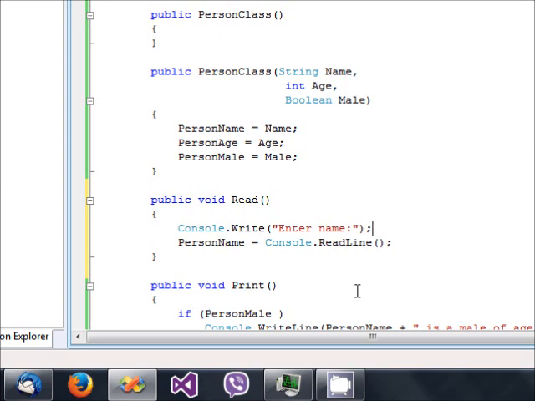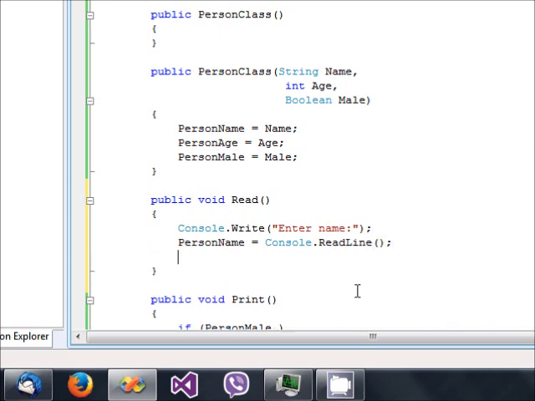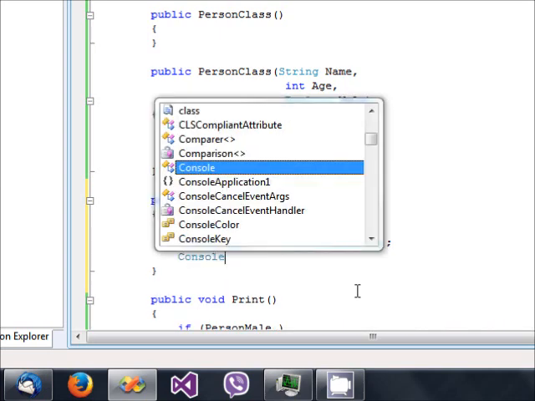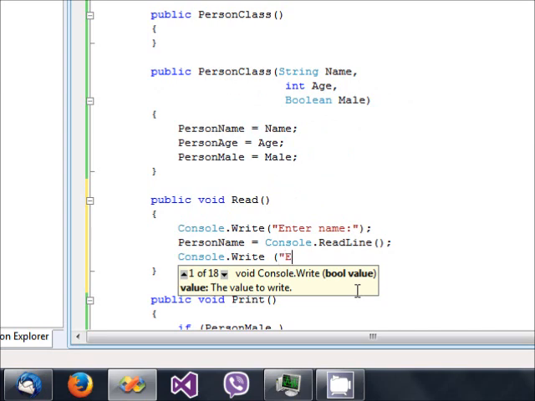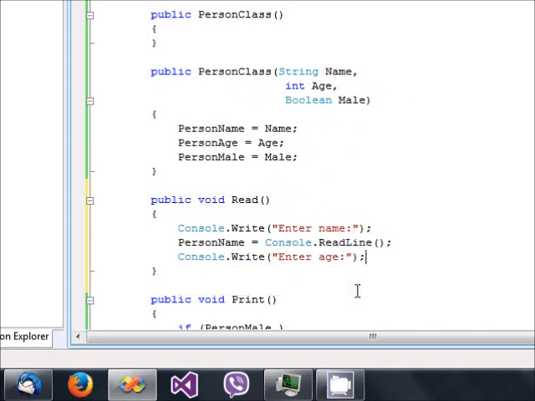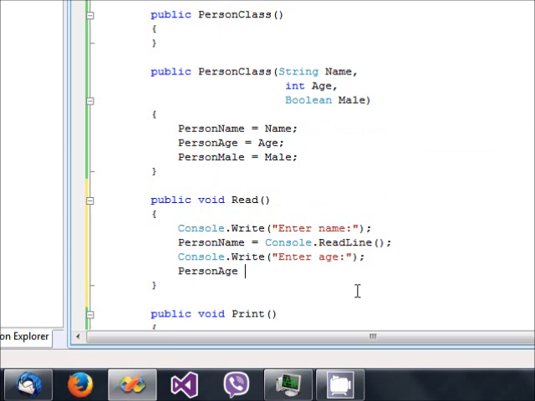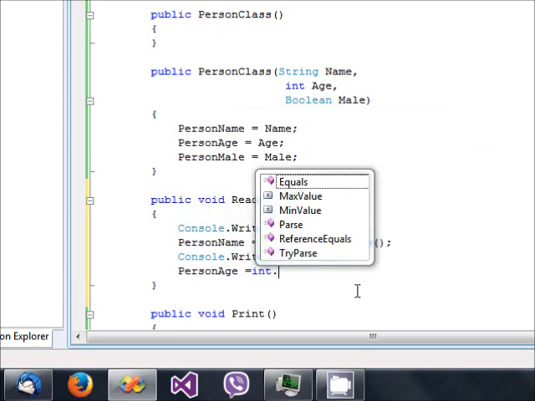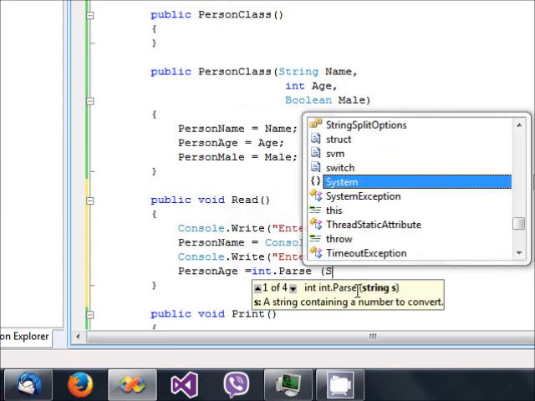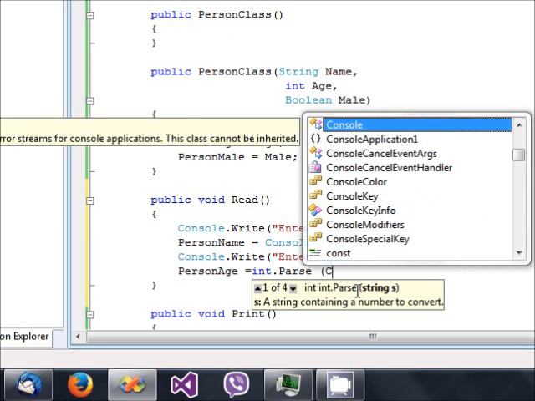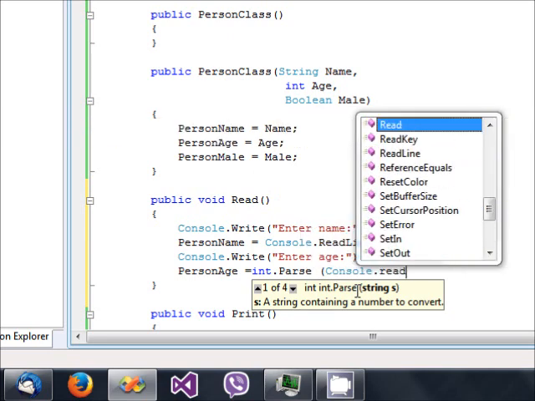Okay. So we read the name. Next, Console.Write("Enter age"); semicolon. And then what are we gonna do? We're gonna say person.age = int.Parse(Console.ReadLine());